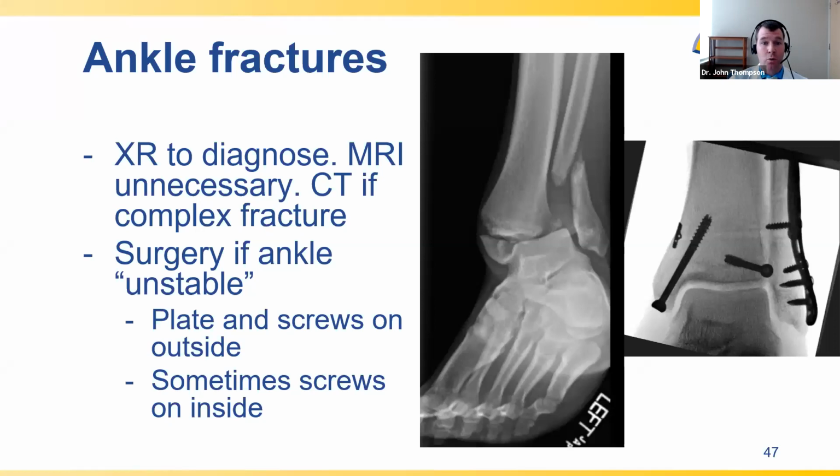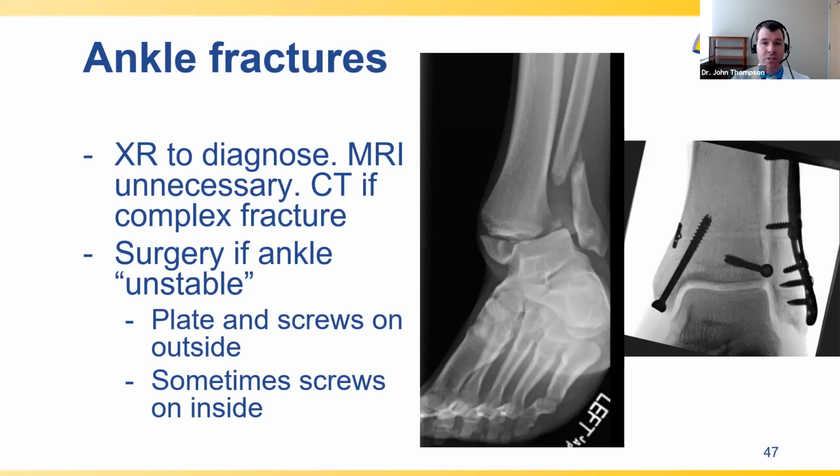So x-rays here are crucial to diagnose a fracture. Typically, 3 different x-rays of the ankle are taken. Sometimes x-rays of the foot and/or the leg are also needed to assess for other similar injuries. MRIs are not helpful since bones are seen better on x-rays than an MRI. A CT scan may be required though if the fracture is very complex. Treatment depends on whether the ankle is deemed unstable. Again, instability occurs when at least 2 of the 3 supporting structures around the ankle are injured.